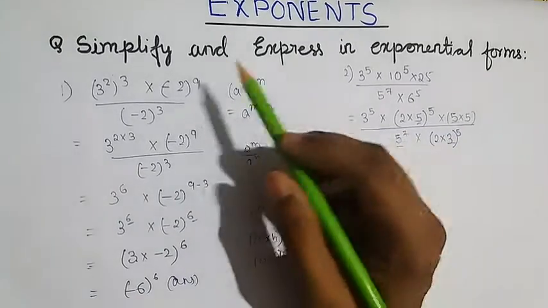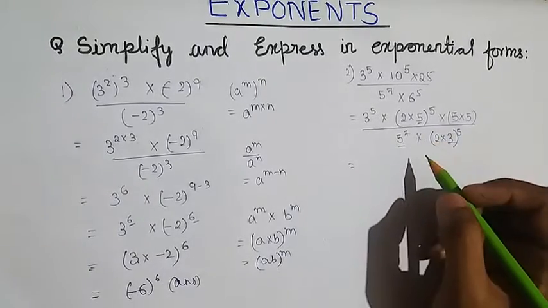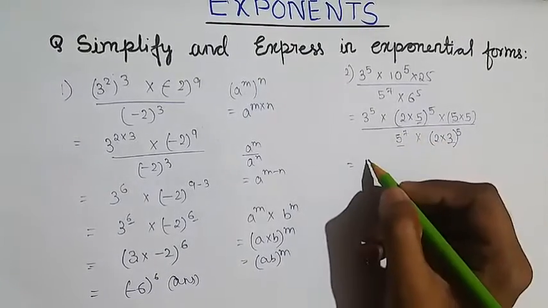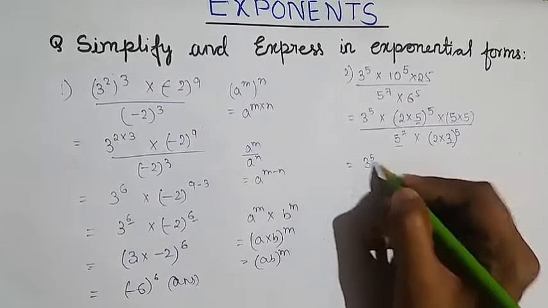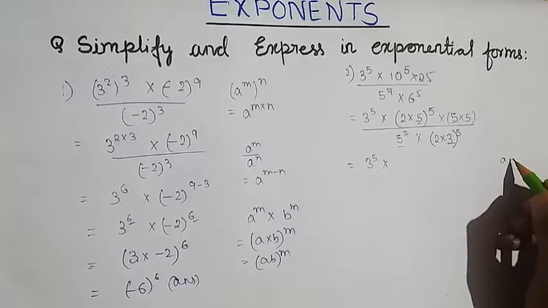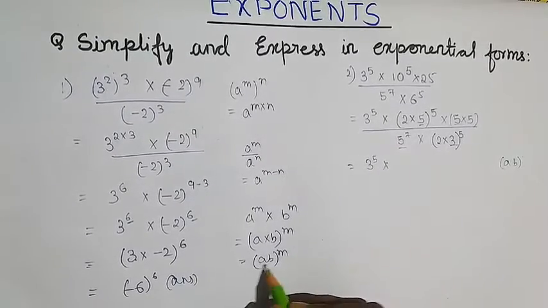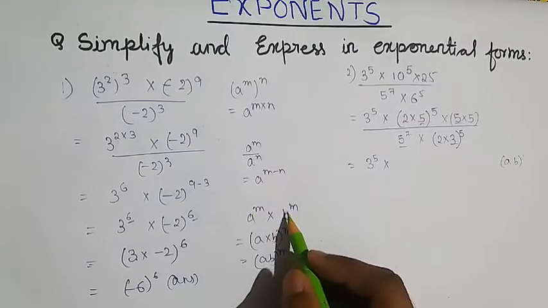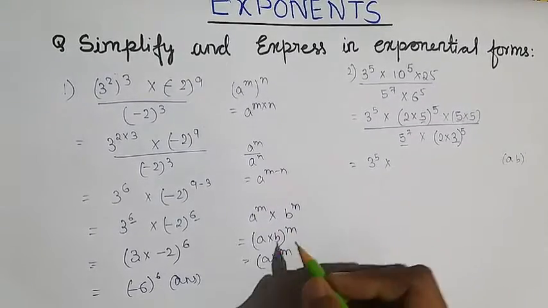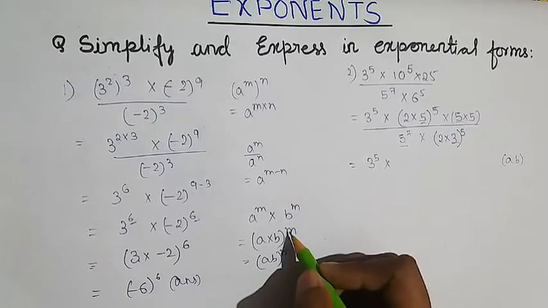Alright, so for simplifying anything we have to break them into simpler numbers so that we can easily solve them. So now here we can write 3 raised to the power 5. Now we know if we have two different numbers with the same powers, earlier we used this law: if you have two different numbers and the powers are the same, this can be written as this.